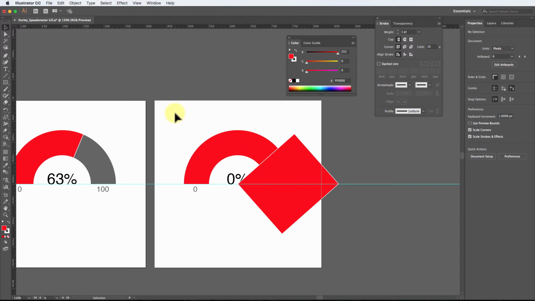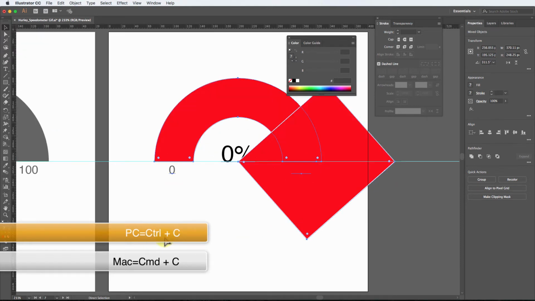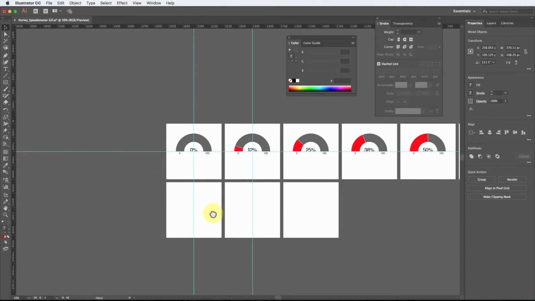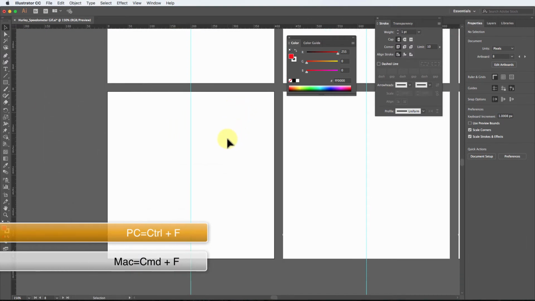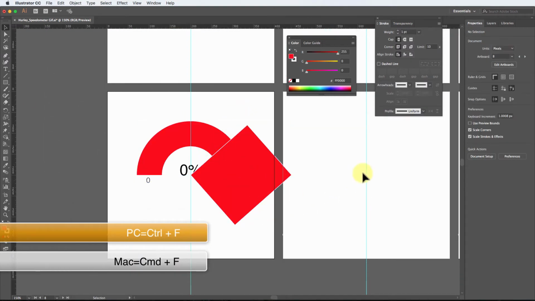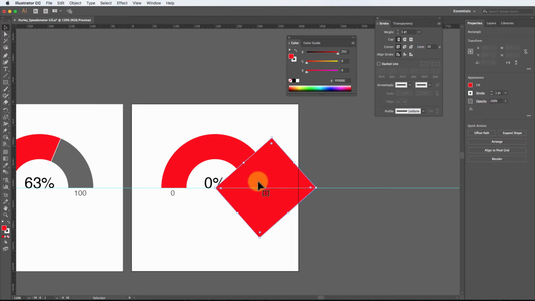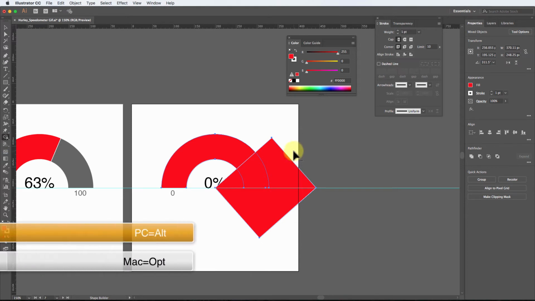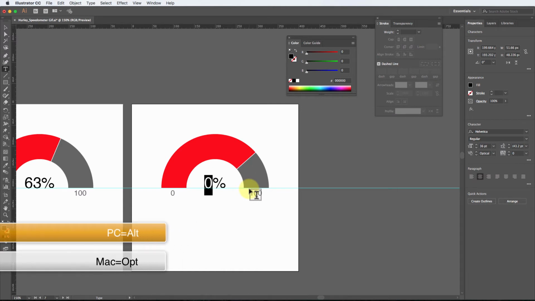Go over here. This is our last one. We need to actually copy, select, copy, and make another artboard here, because I'm going to need one more statistic. So I'm going to go ahead and paste in front. I'm going to go back to here and do my final one here, selecting both, using my shape builder tool, holding down Alt and selecting, removing those, and then changing my percentage here to